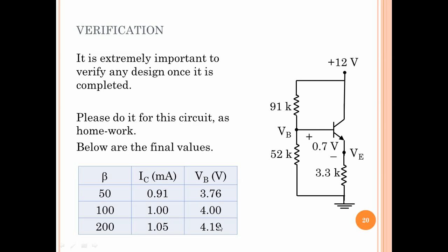If you want to design a circuit where VB stays strictly below 4 volts, what you'll have to do is, looking at these numbers, you say that, well, we designed for this nominal 100 and we said VB was 4 volts for beta equal to 100 and IC equal to 1 milliamp. But when we do that, it goes up to 4.2 for a higher value of beta. So if then we design for VB to be 3.8 here.